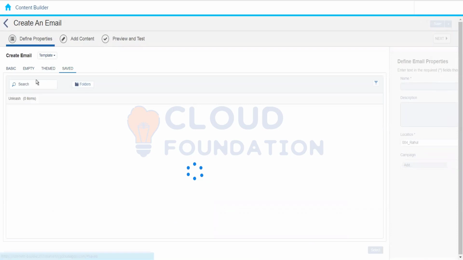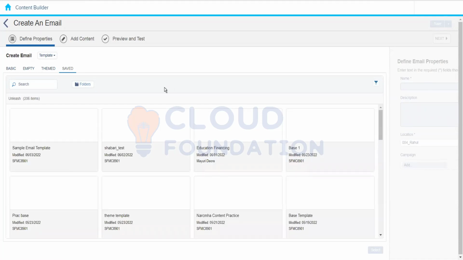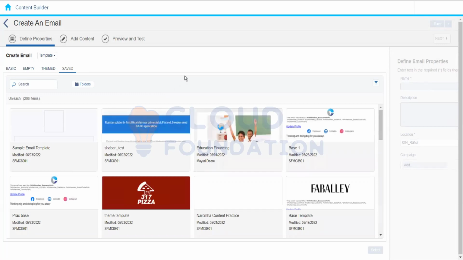Okay, so let's say we have created one email message based on a basic template, and now we want to make some changes. It has got, let's say, a header and footer, but we want to add some social media icons in the footer as well. So what I want to do is that,